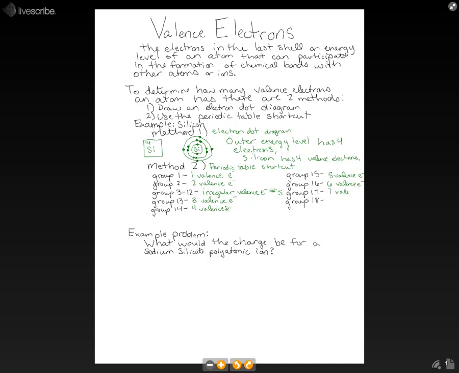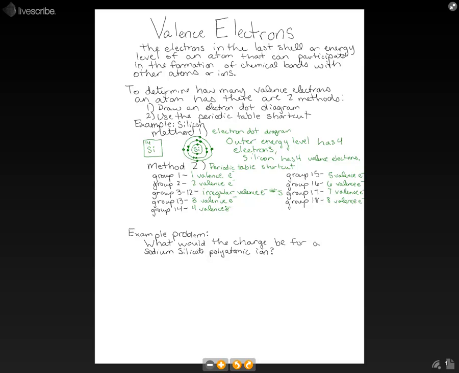Group 17 has 7 valence electrons. And group 18 has 8 valence electrons. Since 8 valence electrons usually signifies a full orbital, you could also look at that as being 0 valence electrons, because group 18 is our noble gases, so they really don't